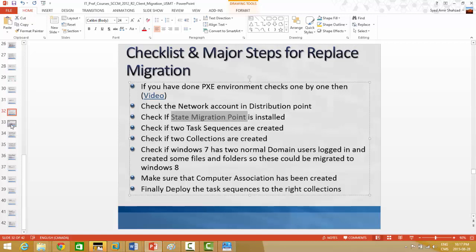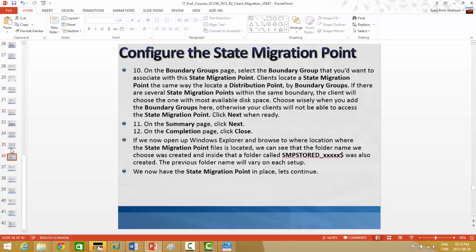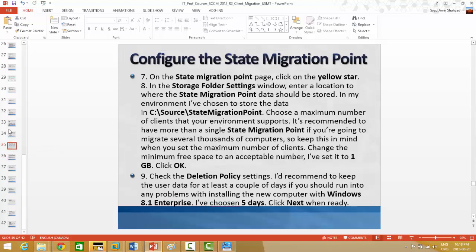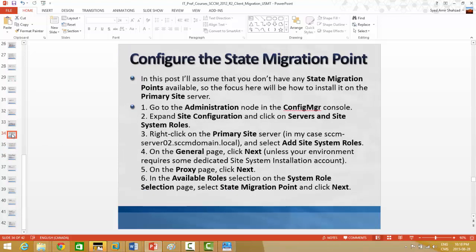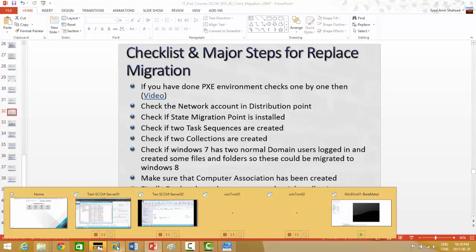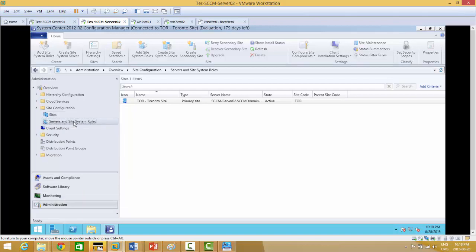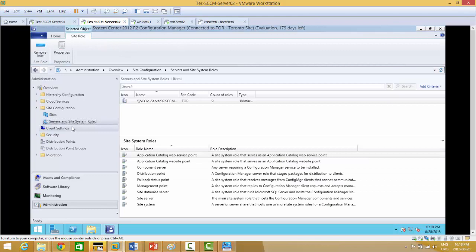So what are the steps? If I go to that slide, configure the state migration, these are all the steps in 3 slides here, where it shows how to deploy the state migration point. So I'm going to go there and start doing that. I'm going to go to my SCCM server, and in Administration, under Servers and Site System Roles, that's where we come to install any new site system roles. So we're just going to right click this and add site system roles,